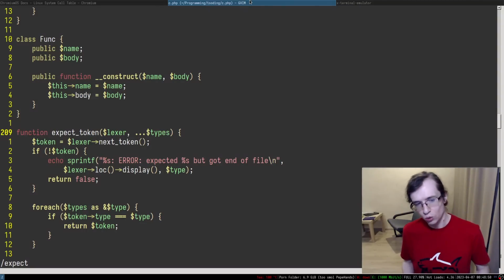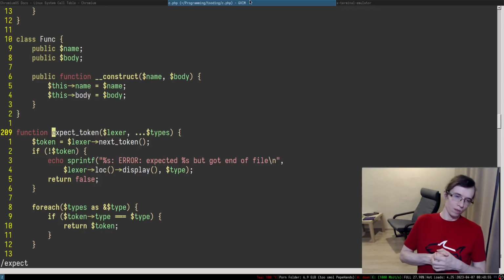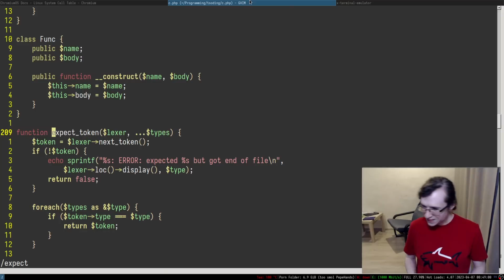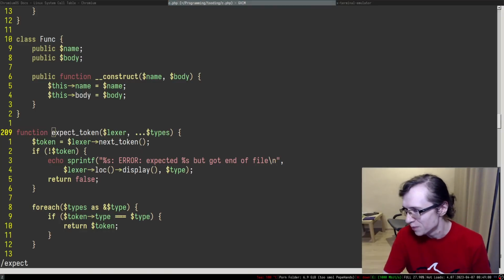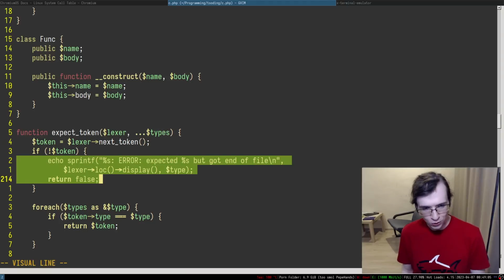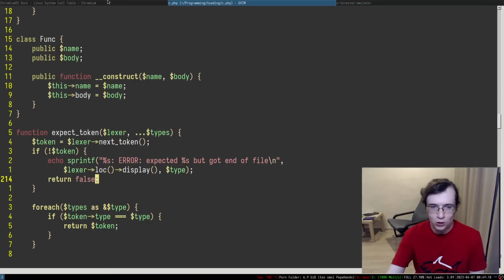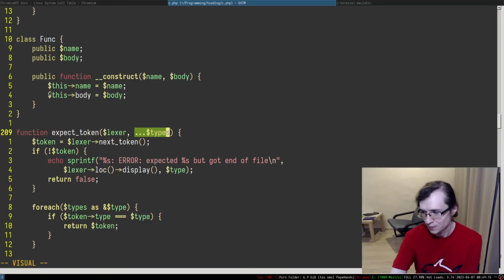So somebody called expect... Yeah, I think I know precisely what is going on. This code is left over from the time when expect token accepted only a single argument, but then we changed it to variadic.